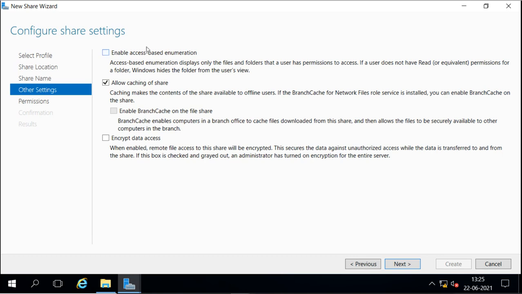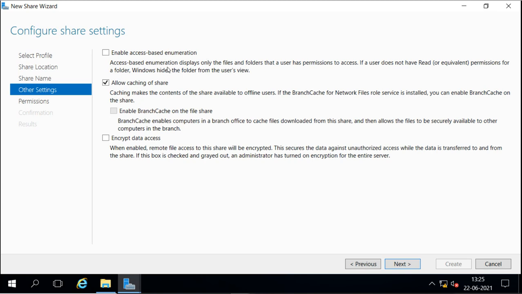Then we can enable access-based enumeration also. Access-based enumeration is the option to show the share only to those users who have at least read permission. For example, if I have not given any permission to user 1, then that user will not be able to see this folder, because the user does not have read permission.